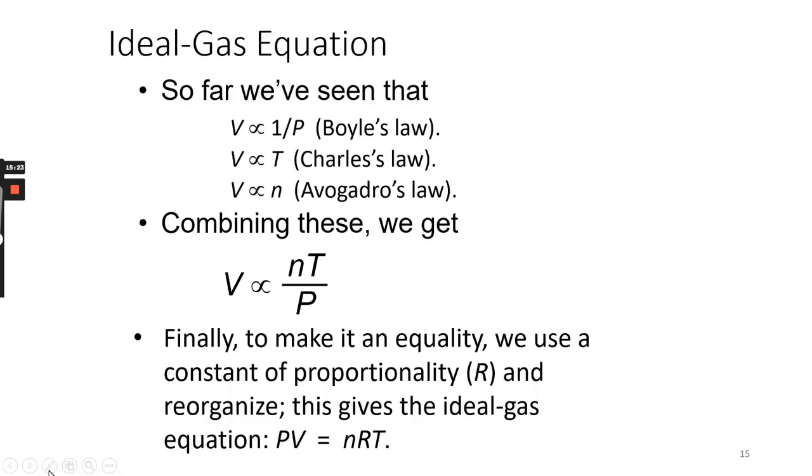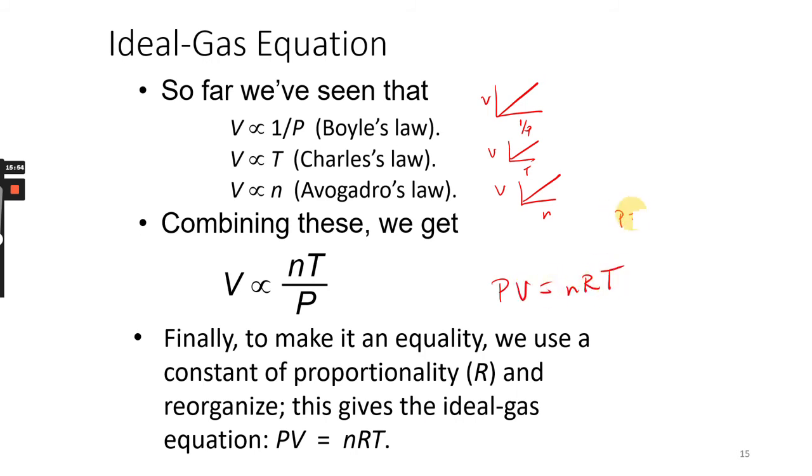So now, combining all these laws, first we get that the volume is proportional to 1 over P. Remember when we plotted 1 over P in volume, we got a nice straight line. Charles's law says the volume and temperature, so when we plotted volume versus temperature, we got a nice straight line. And Avogadro's law, when our number of moles increases, our volume increases. So if we combine them all together, we're going to get the ideal gas law, PV equals nRT, where P